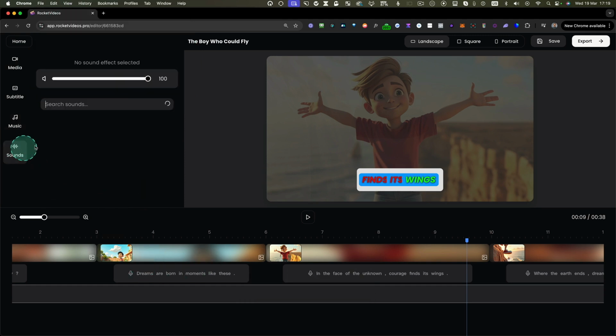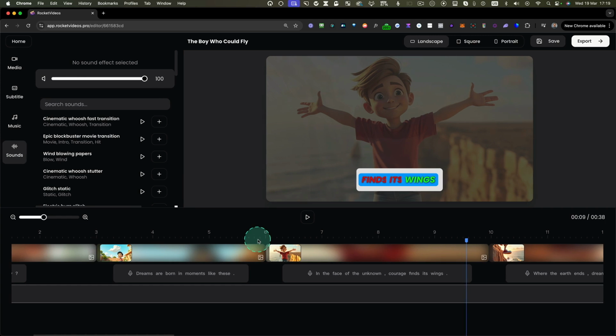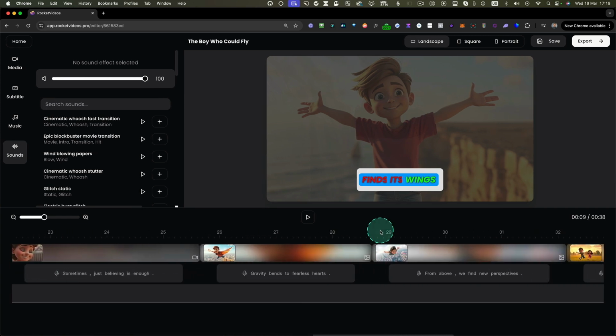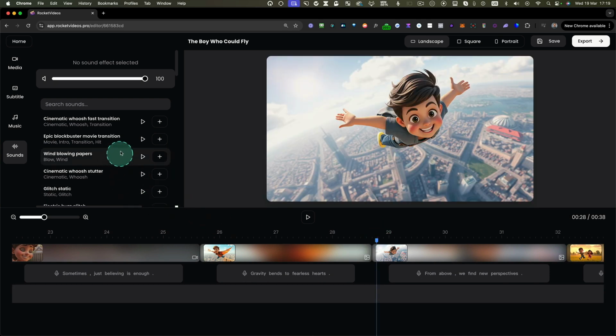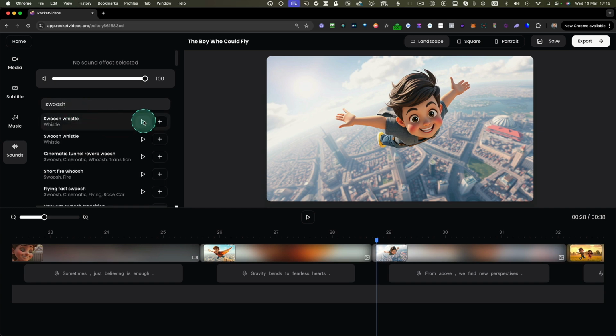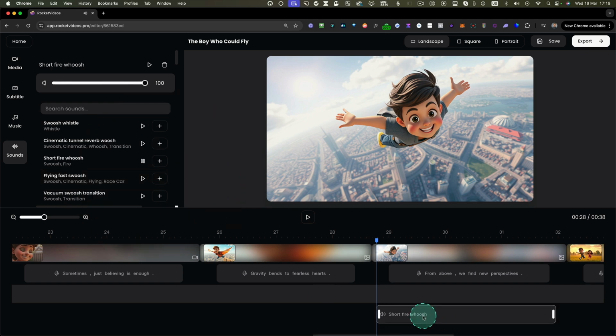You can also add sounds. So let's say you want to have a swoosh when he's flying here. So he's flying through the air. Let's say in this part, you can simply go to sounds here and you can do swoosh. For example, you search for swoosh. Let's say we like this one. You click on the plus and the swoosh has been added to the video. And when we play the video,